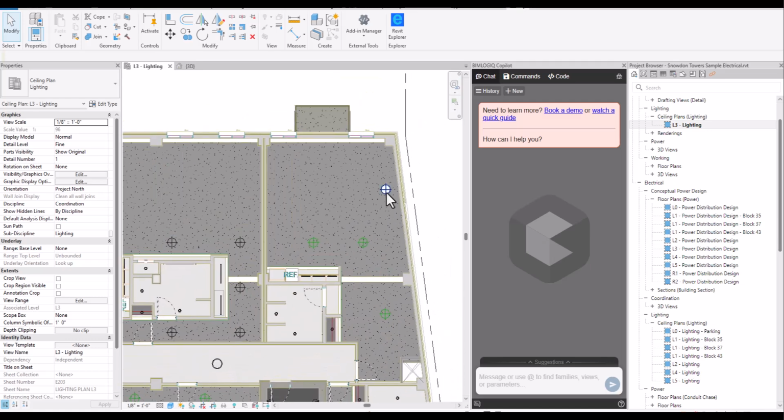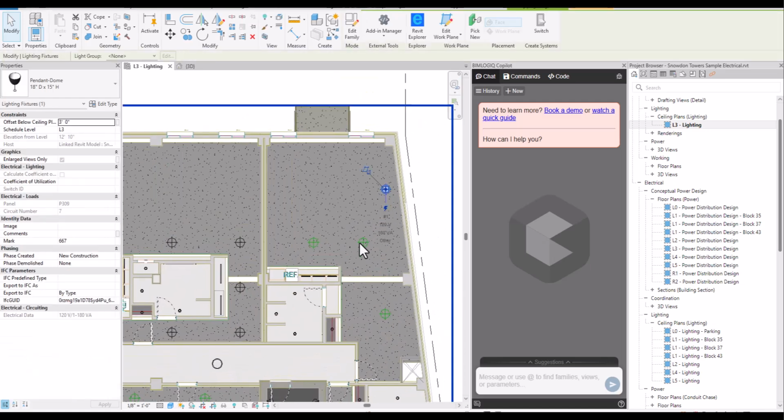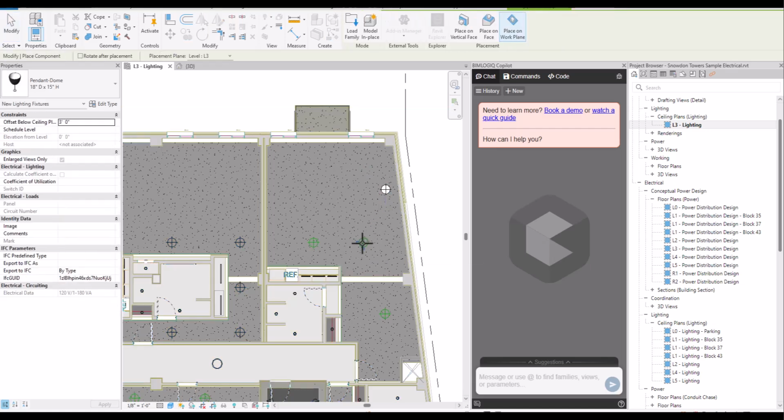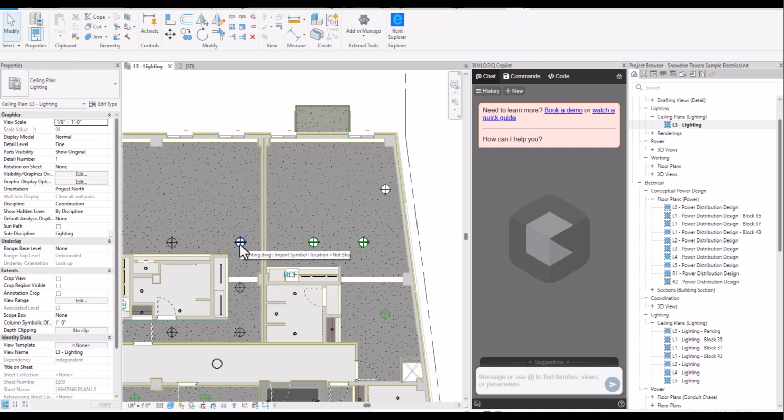As you know, manually placing families one by one can often be time-consuming, especially when their exact positions are already available in AutoCAD files. In this example, we'll automate the placement of a lighting fixture family at predefined locations based